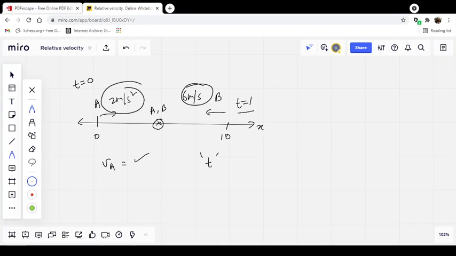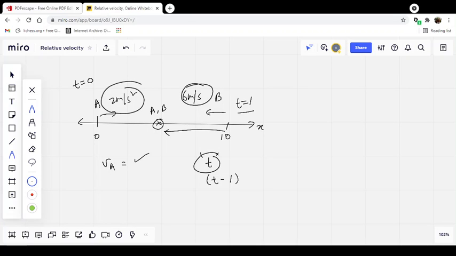So that means the time available for B to reach this particular point is t minus 1, and that is the important point which we are trying to focus on. Let's say they are meeting at t time. So what time has A taken in reaching this point? It has taken t time. Now the time has already started for B, but it is not moving. It starts moving at t equal to 1. So the time available for B to travel this complete distance is the total time t which has passed minus the time it has not utilized, which would be t minus 1. So they simply have different times to reach the same position.